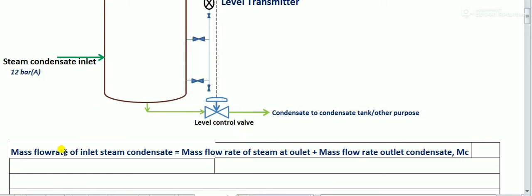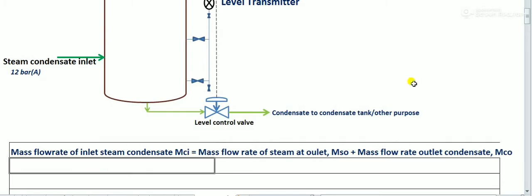We can give some nomenclature. Mass flow rate of outlet condensate is MCO, mass flow rate of steam outlet is MSO, mass flow rate of inlet condensate is MCI. So that is the mass balance. Energy balance is